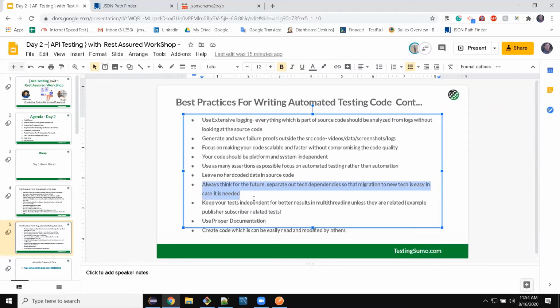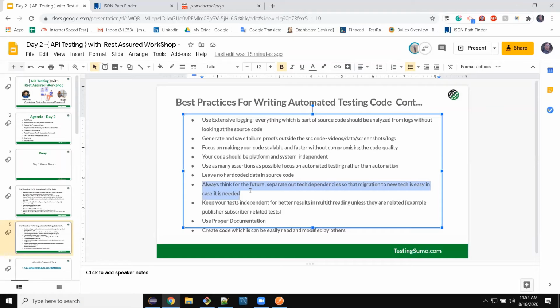Okay, because what happens in case you need to go to, let's say, JUnit in future, or some other testing framework, then what happens? Now you need to refactor all the code present in all the test classes, right? Rather than that, you can create your custom class where you have all those TestNG methods, and use those custom methods in your classes. Now in case a migration is needed from one tech to another, you need to make changes only in one class. Just make changes in the implementation in one class, and it will be reflected in all other classes.